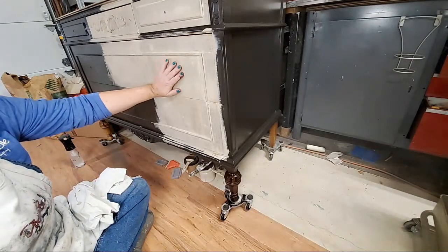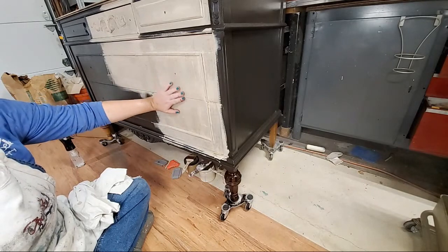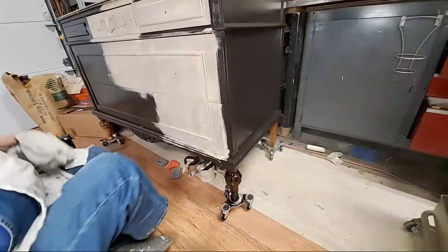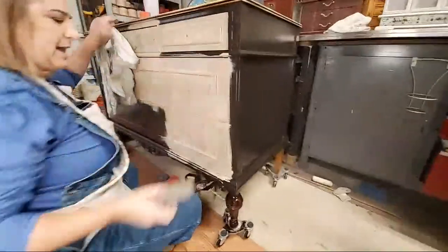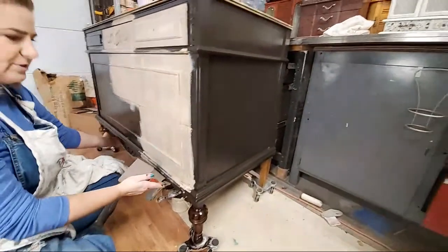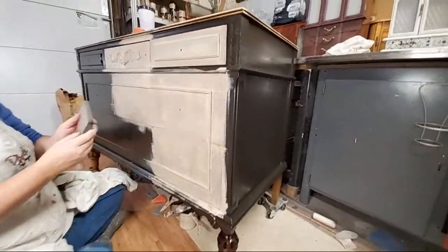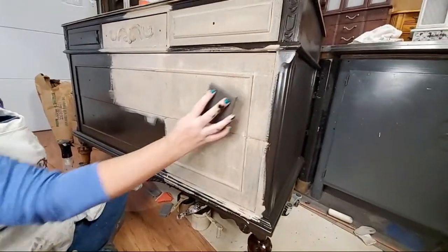But this is where, let's see, is it dry enough? I can't quite run my hand over it, but I can feel that texture. Just going to go in and take this off of it. Give one really good shot of the texture. This is probably my favorite spot right here. So once this is dry, I'm going to take my Dixie Belle sanding sponge and